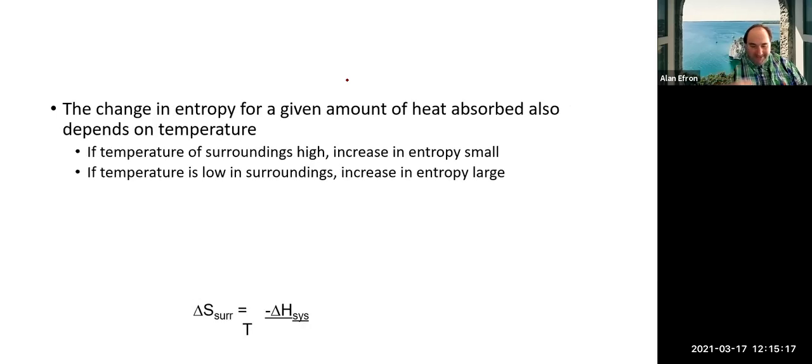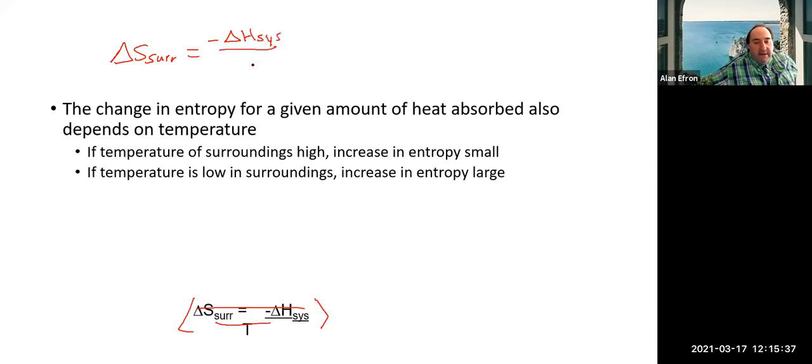This is sort of what I was touching upon. And this equation is kind of all over the place here, so let me fix that up for you. Just kind of cross it out, I'll rewrite up here. But to calculate the actual delta S of the surroundings, it is minus the delta H of the system divided by the temperature, and the temperature should be in Kelvin. And that's that negative relationship that we were just talking about, that the surroundings is minus the delta H